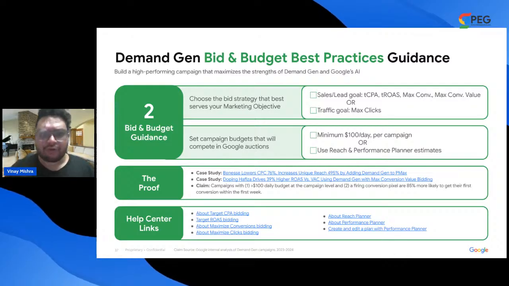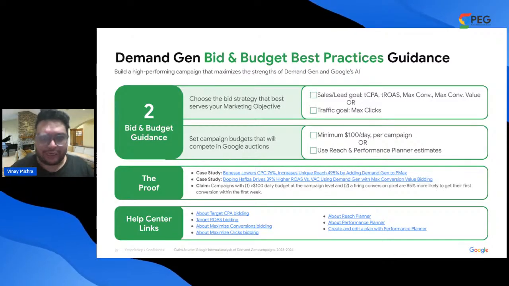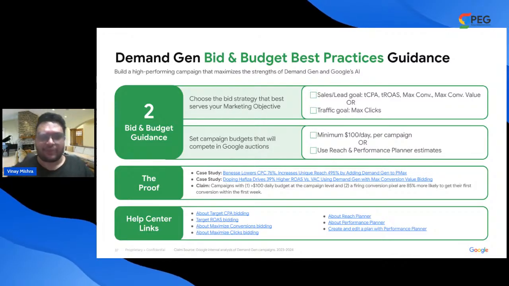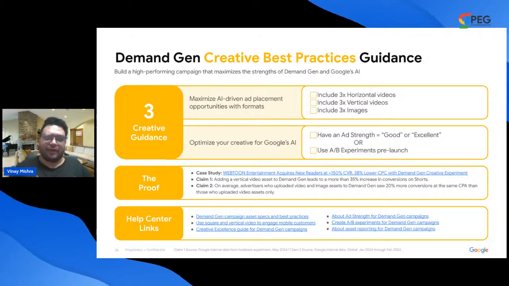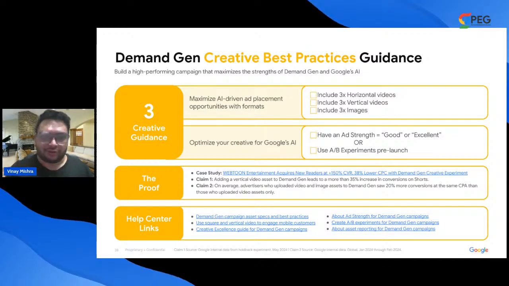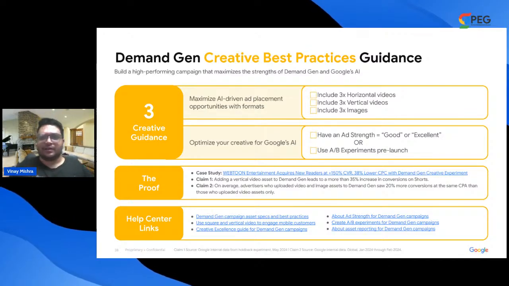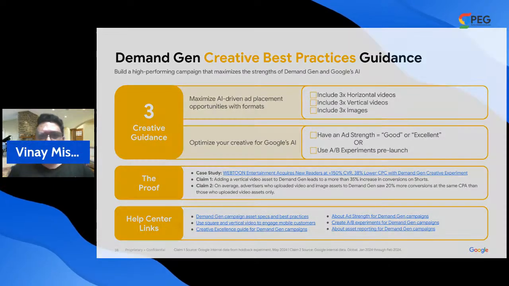We also have case studies which have shown that when these best practices are followed, it has given advertisers really great achievements, as you can see here on your screen, right? Now let's quickly talk about the creative best practices. We always recommend that you should be having at least three